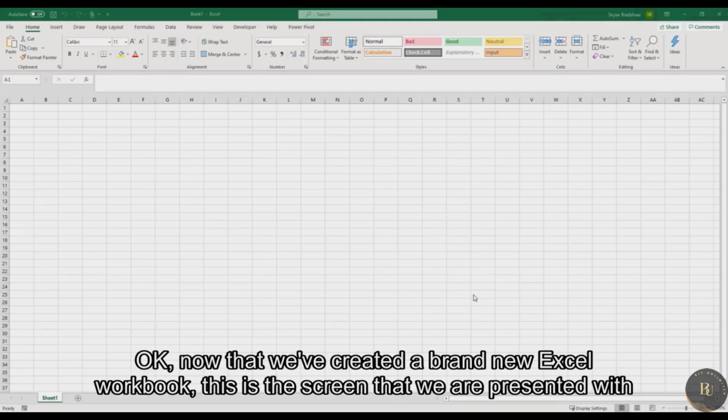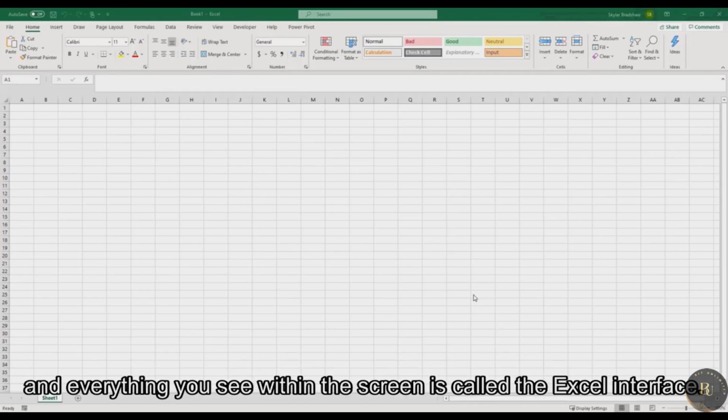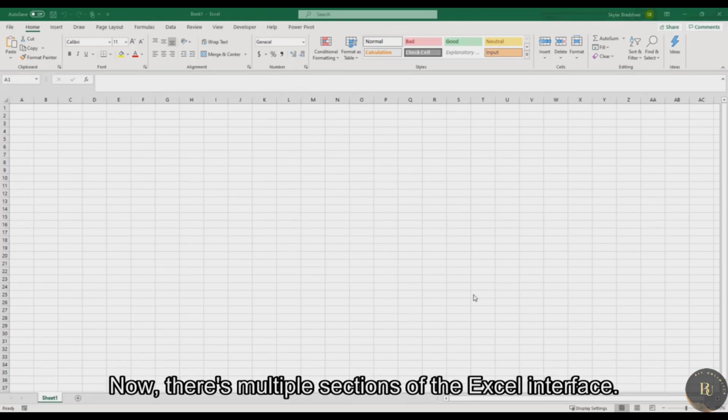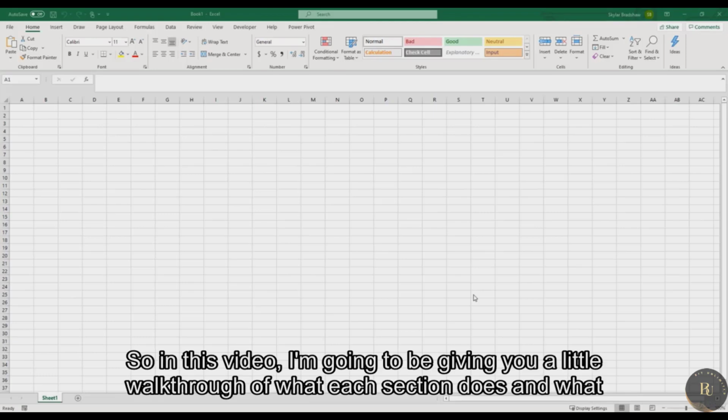Okay, now that we've created a brand new Excel workbook, this is the screen that we are presented with. And everything you see within this screen is called the Excel interface. Now there's multiple sections of the Excel interface. So in this video, I'm going to be giving you a little walkthrough of what each section does and what